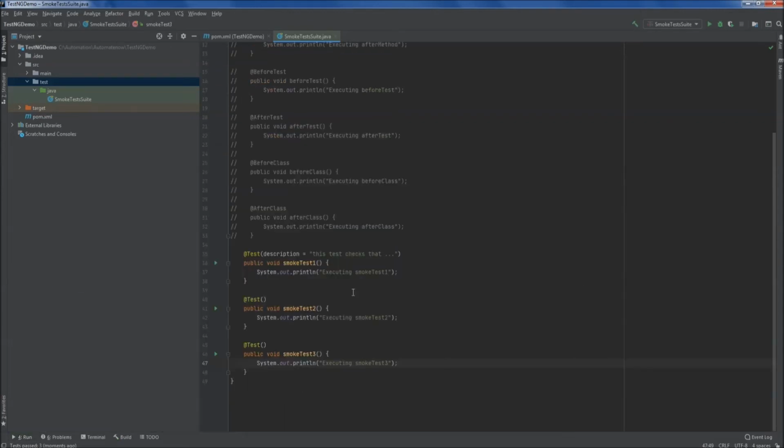The next attribute I want to introduce is called dependsOnMethods. Let's say, for example, that this smoke test 2 depends on method 3. In other words, this test will not get executed until this one has been executed. So I'm going to say here dependsOnMethods, and then in quotes I'm going to say the name of the method that it depends on,